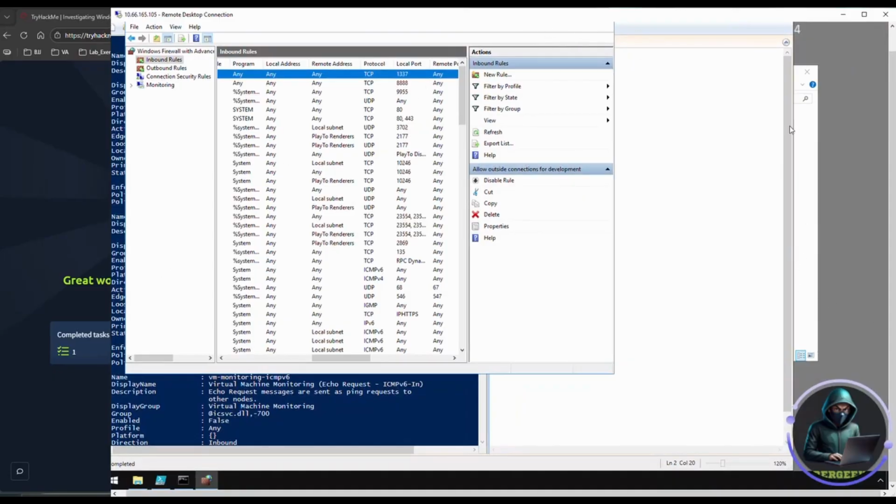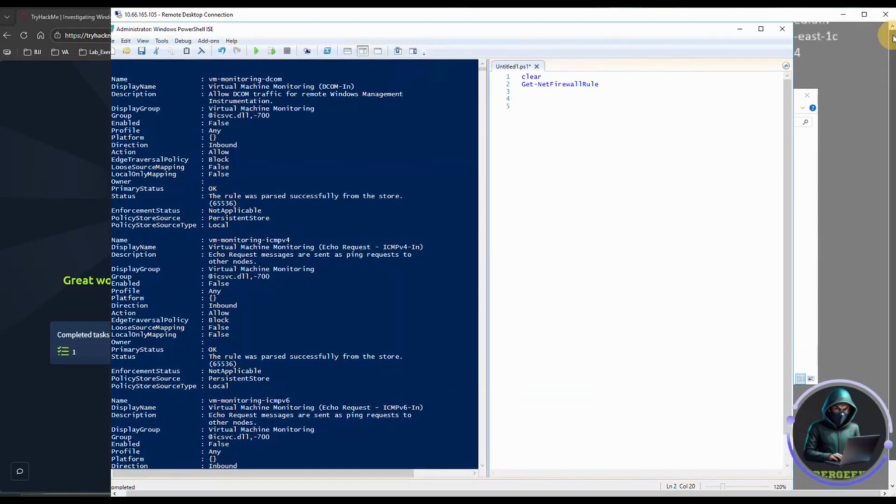There it is, ladies and gentlemen. We finally investigated a Windows machine and found out what went down in there. Event Viewer and PowerShell are two very powerful tools that can be used to investigate. I mean, there's more. We can go a little bit further by saying we can use Sysinternals, which has a ton of tools for investigation. But for this one, we pretty much stuck to PowerShell and Event Viewer, and we were able to get all the answers, even though some of them I was not able to find. But since I've done this machine